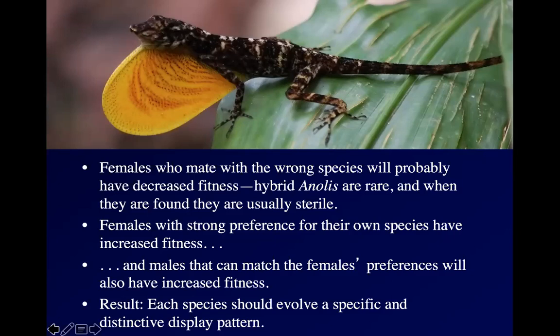If you're a male and you go out in public and wave your dewlap in the breeze and you survive whatever predators come trying to eat you, then you probably have very good genes. You're probably fast and smart and the sort of male that any female would be lucky to get. So there could be handicap principle going on, hybridization avoidance, and good gene signaling all at once. They don't have to be exclusive.